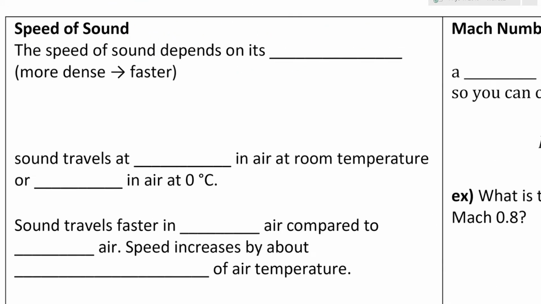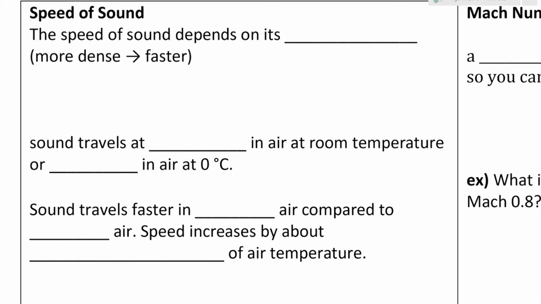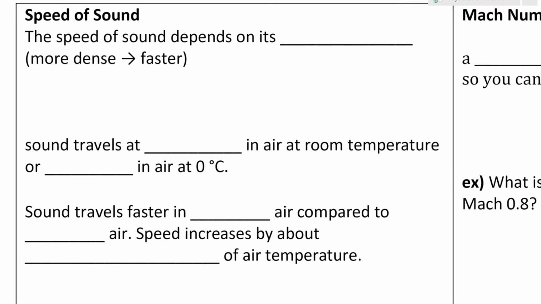So we are going to look at the speed of sound. Last time we looked at the speed of other kinds of waves, and we determined that a higher density usually means that the wave moves slower. But sound is not a transverse wave. Sound is a longitudinal wave, which works exactly the opposite way. So for a longitudinal wave like a sound wave, the speed of the sound wave is actually dependent on the medium.